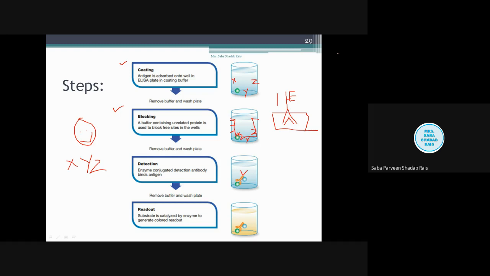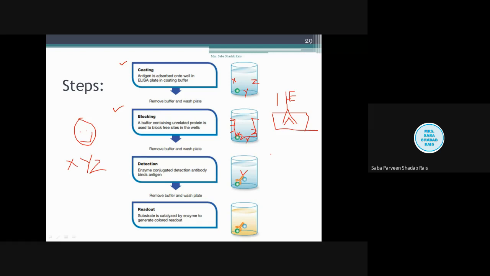Now how are we going to detect it? See, we have followed the primary antibody treatment, and the wells of the plate are washed. Now I have added the reagent. In the reagent, enzyme linked antibodies are there. So what is going to happen? Wherever antigen is present, the antibody is going to bind. After that, I will do the washing. Why is washing important here? Washing is very important so that the excess antibodies which are not bound, or you can say which are unbound,